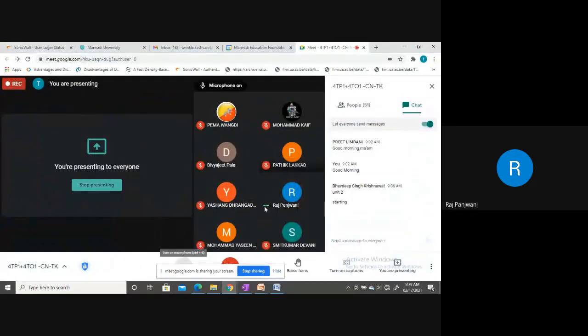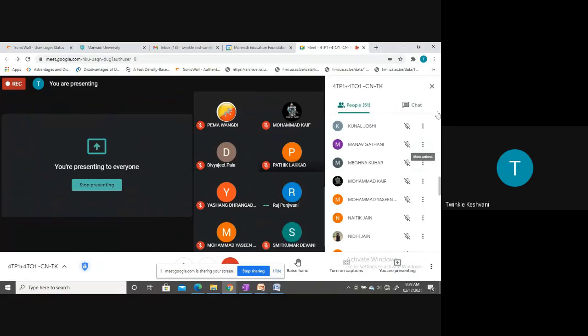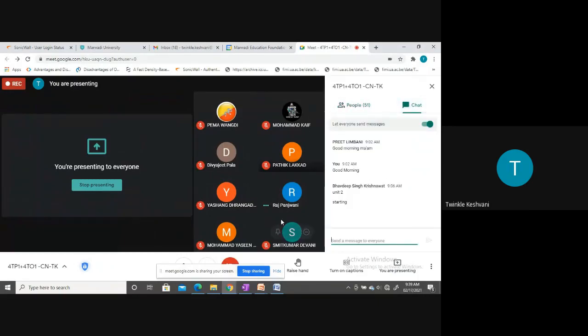Yes. Length of the packet. Mohammed had said length of the packet with reference to bandwidth. Yes, ma'am. Okay. What else we can say? Yes, Raj, you were saying something? I think Raj left the meeting.